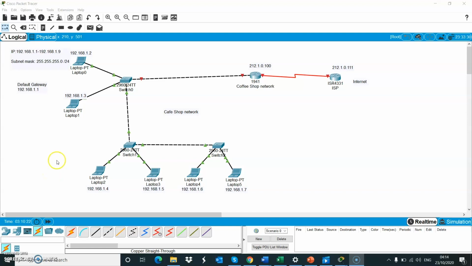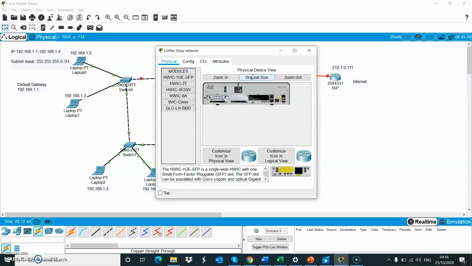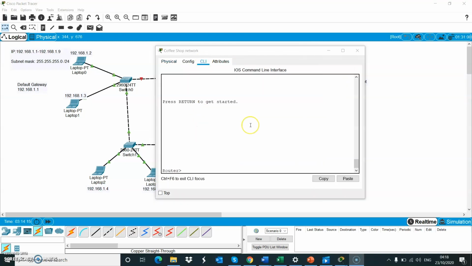To do this, we will need to make some configurations on the ports we have on our routers. So first, we would have to install an IP address on our default gateway. And to do this, we simply click on the router, and we go to CLI, Command Line Interface, and we see a command line interface where we can actually issue commands and make configurations to our router. So first, I simply type the command enable, enter, configure terminal,